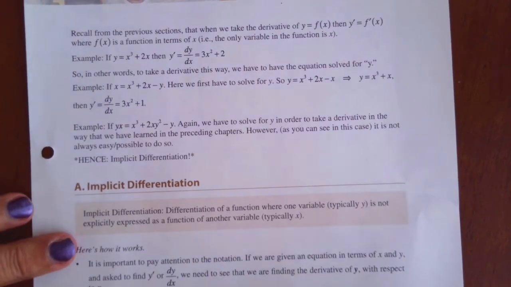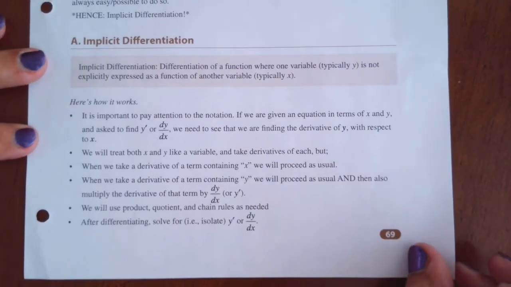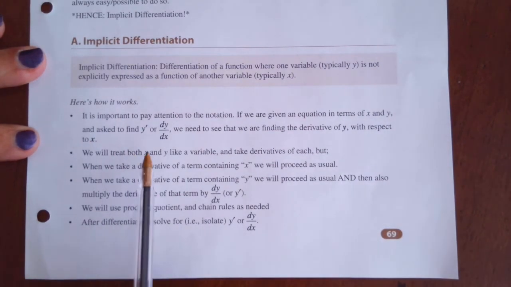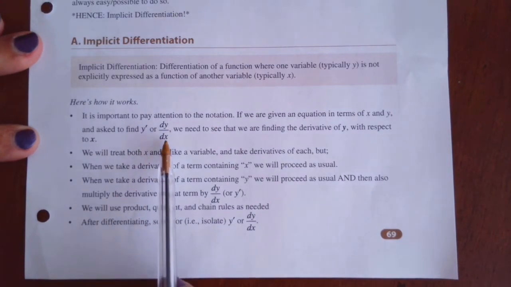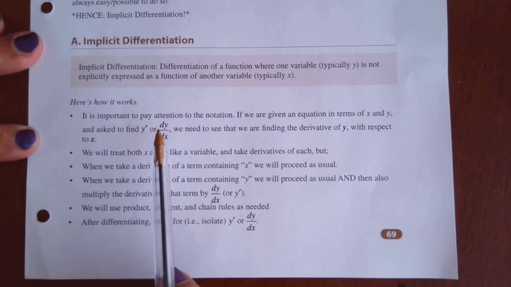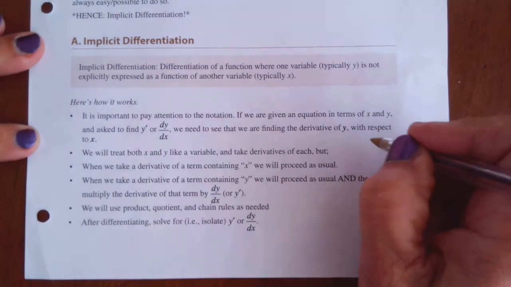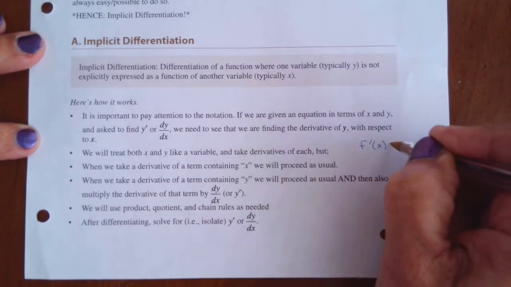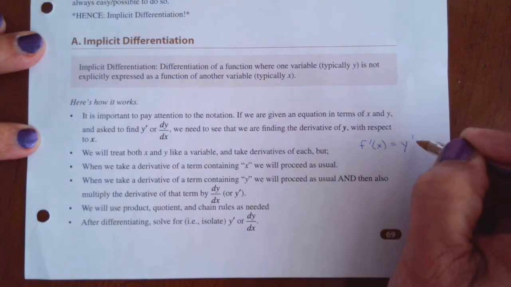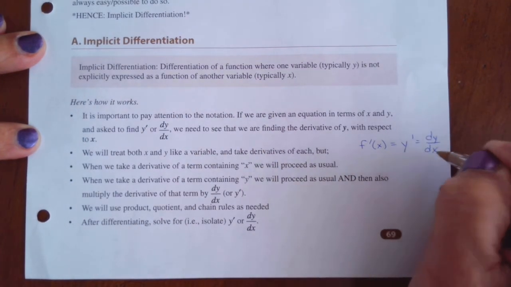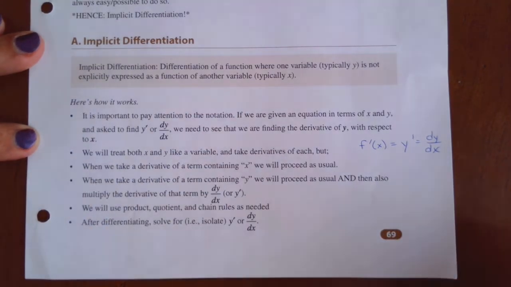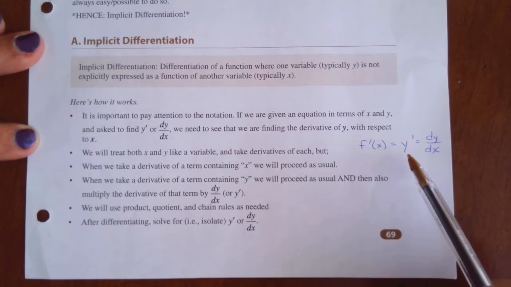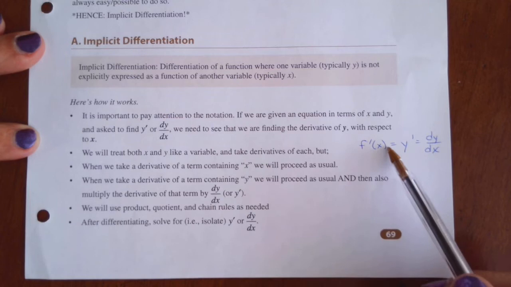All right, so at the bottom of the first page, you have your steps. We'll go through the steps as we do them again. I do want to mention that when I do implicit differentiation, I use dy dx. It says here that you can find y prime or dy dx, because remember, that's all the same thing. We've been writing f prime of x. That's the same thing as y prime, and that Leibniz notation, dy dx, they all mean the same thing. So if you want to use y prime, that's fine,